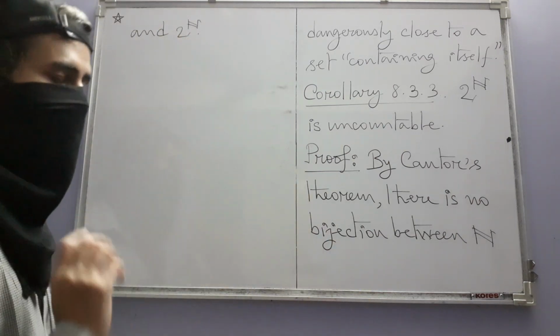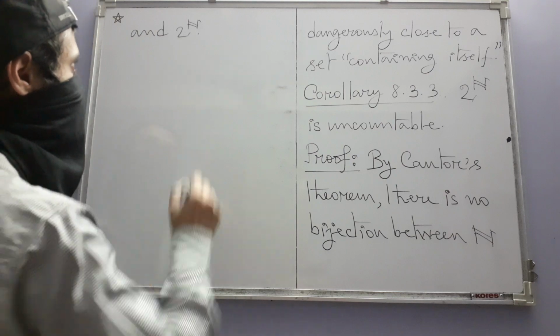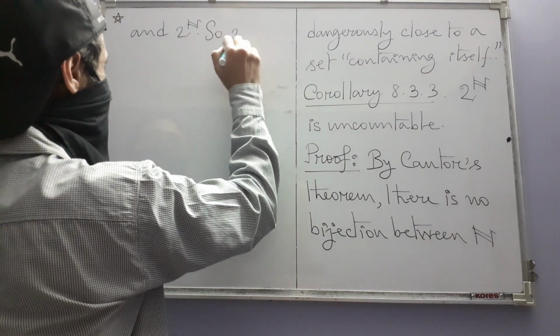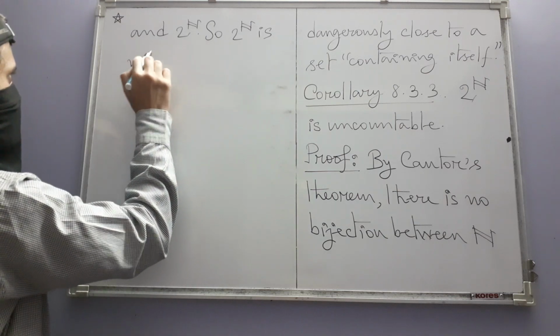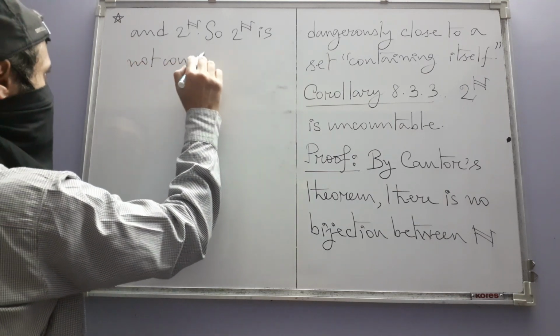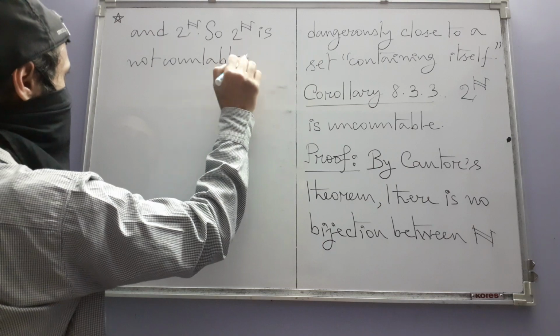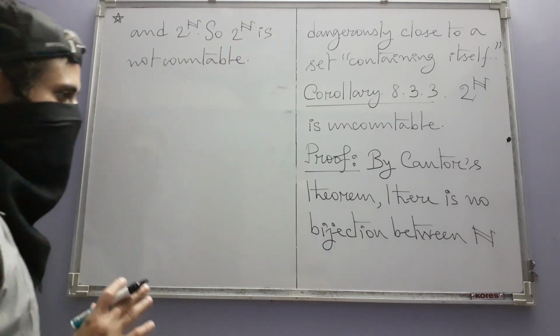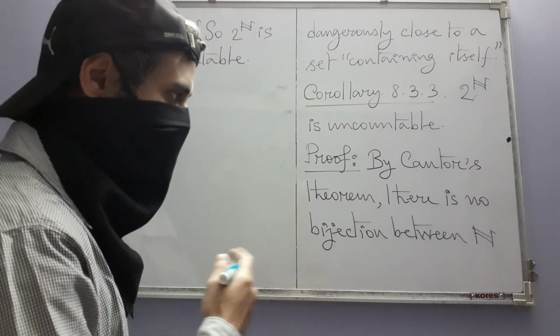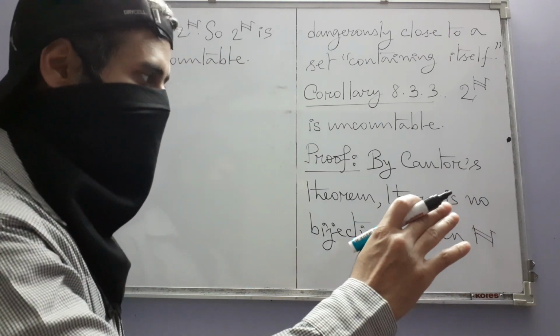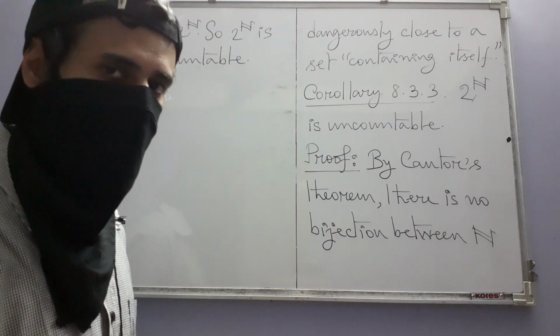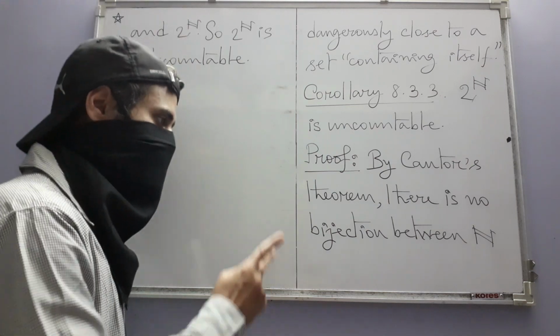That means the power set cannot be countable. So it is not countable. Not countable means what? That it can be any of the other two types. Either it is uncountable or it is finite. You see, there are exactly two